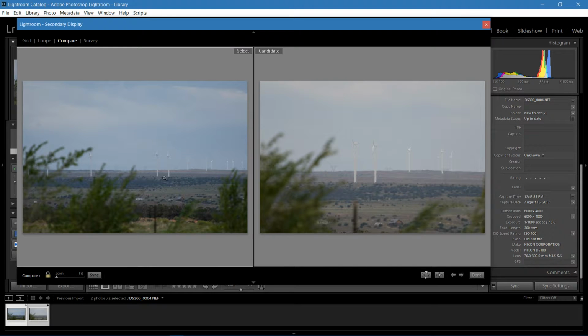Anyway, the image here on the left, as the EXIF data says, is taken with a Nikon D5300. The lens was a 70 to 300 millimeter VR at a 300 millimeter focal length. Pretty much everything is the same with the Nikon 1 J5 here. Same lens, same focal length. The only difference is the camera, right? So why did these two wind turbines look closer? Well, basically,